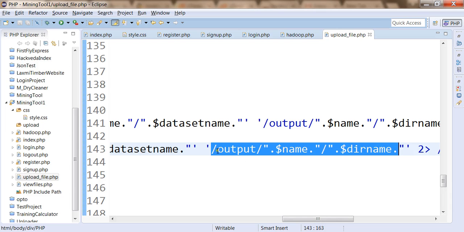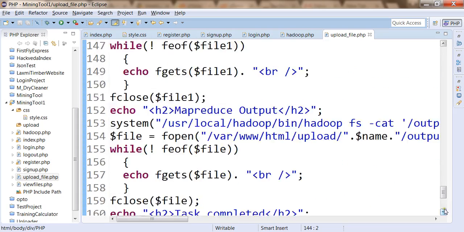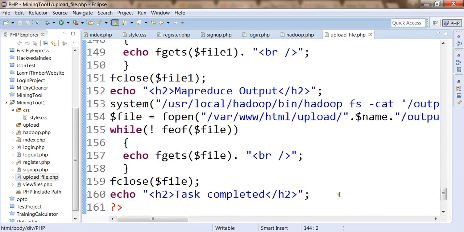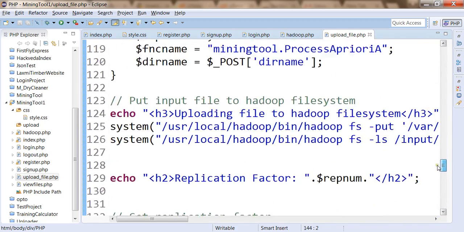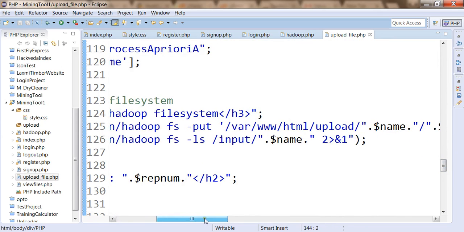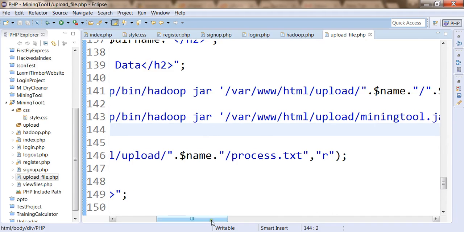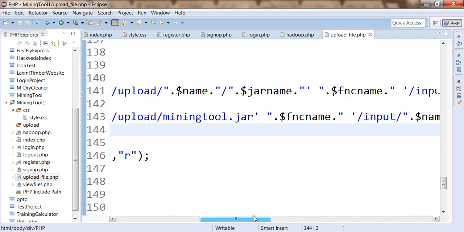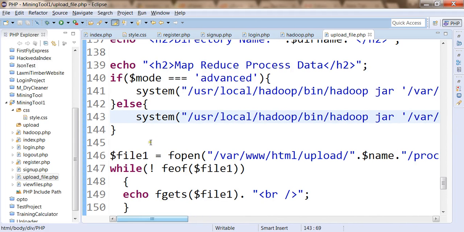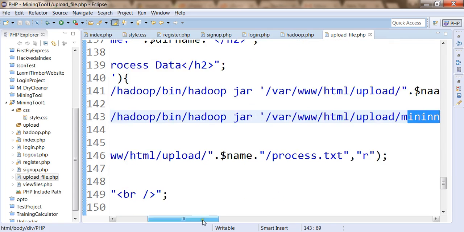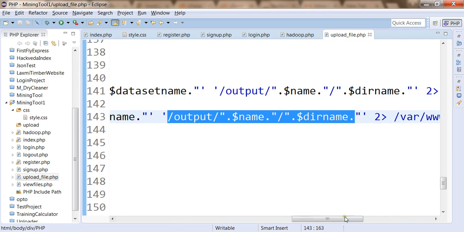And so here what you have is, the data will be stored within the output directory, and once the data has been stored into the output directory, now let's get back here. After setting the replication factors and after getting the list, after setting the replication numbers and functions, then we are going to execute the jar file, and if we are in the normal mode, that means the intelligent mode, we will execute mining tool.jar, and the codes will get executed. So mining tool.jar will be executed and output will be stored within the output directory, and